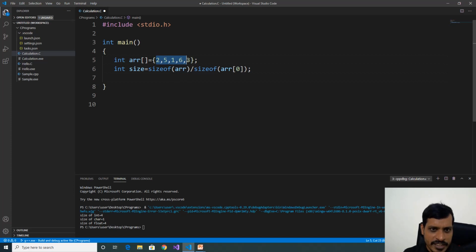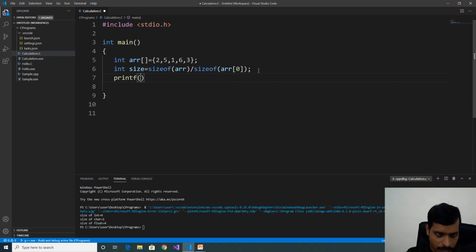Here we have 5 integers. Each integer will occupy 4 bytes. 5 into 4, 20. Later, here sizeof(arr[0]). arr[0] is 2, 2 means integer. So size of integer type is 4 bytes. 20 by 4, we get size of array is 5.